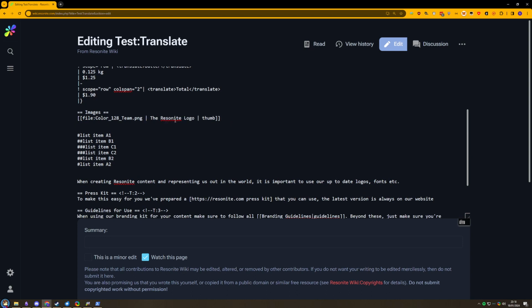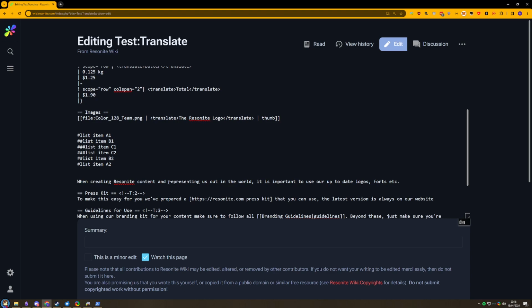For future reference as well, this will be coming up in an accessibility tutorial. If there is a caption, which is a part of the image syntax, check help images, it will automatically be set to the alt image. So you don't need alt equals usually. We will have to double check that one. But anyway, you should need to wrap the alt text with the translate tags, and that means the alt text